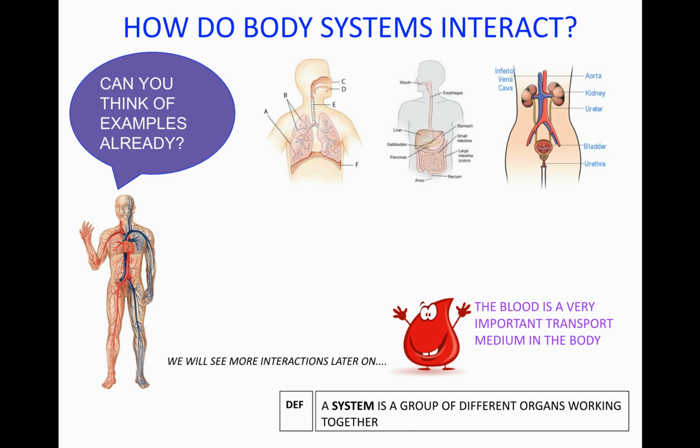In front of me, I have a few different things. I have a breathing system, the digestive system, and the urinary system. Well, how does the blood interact with all of those different things? We will be looking at a few of these at a later date, but for now, you should know that the breathing system interacts with the blood because the blood flows around the lungs. Oxygen goes into the blood, and carbon dioxide goes into the lungs,